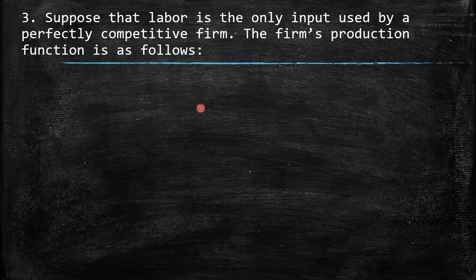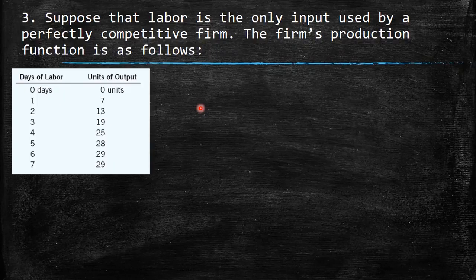So everybody is a price taker. Then here we have the table that is provided by the exercise. Here we have the days of labor and the units of output. If there are no days of labor, naturally you will have 0 units of production. But if there is 1 day of labor, you can achieve 7 units, and so on and so forth, until 7